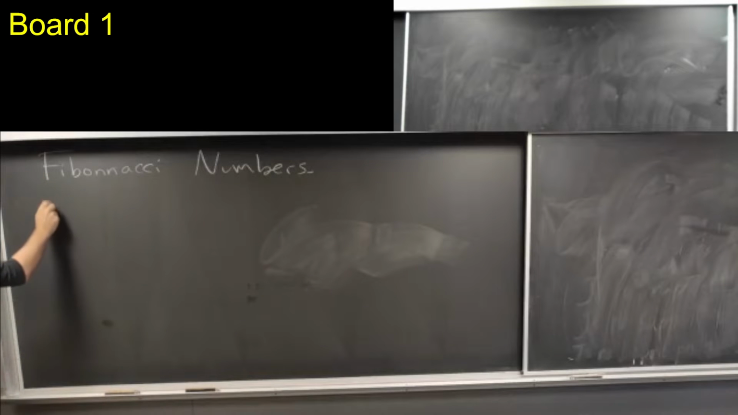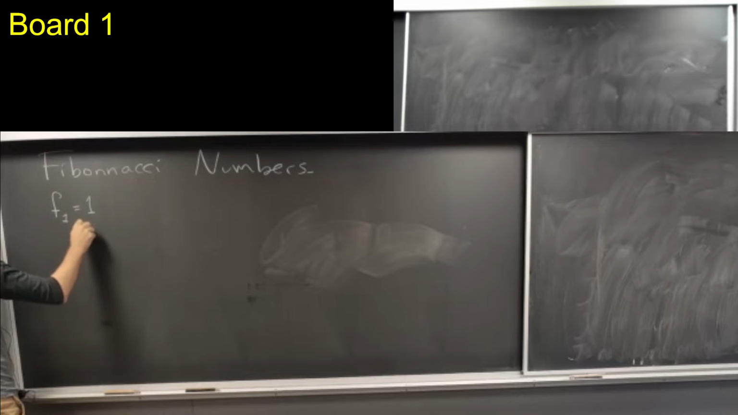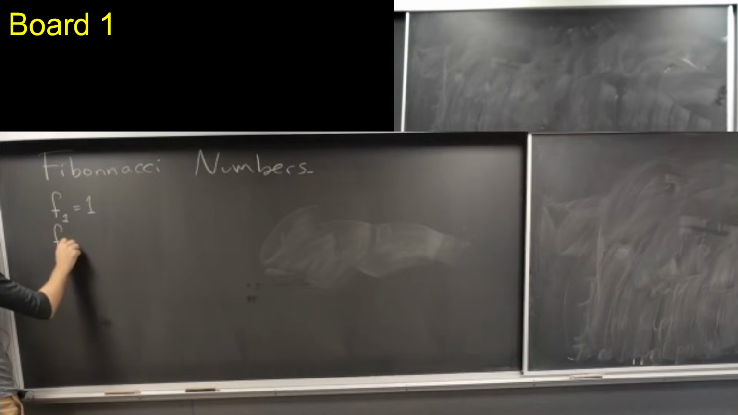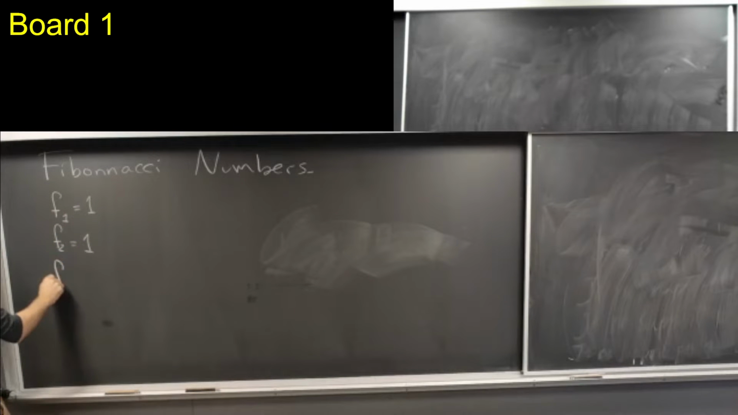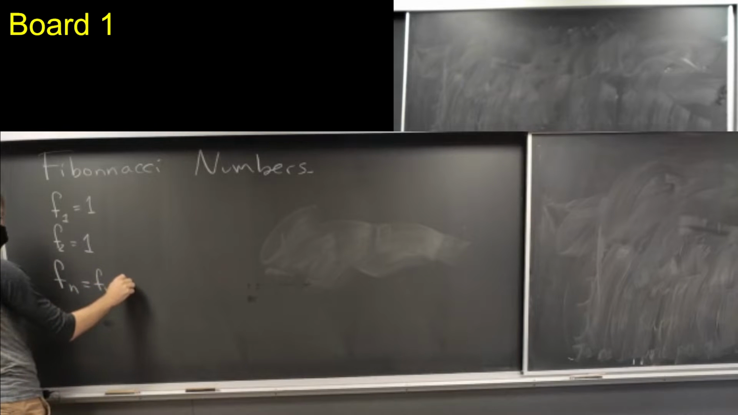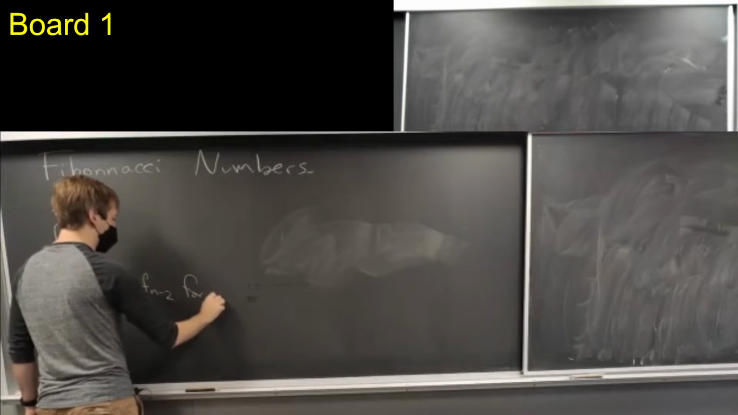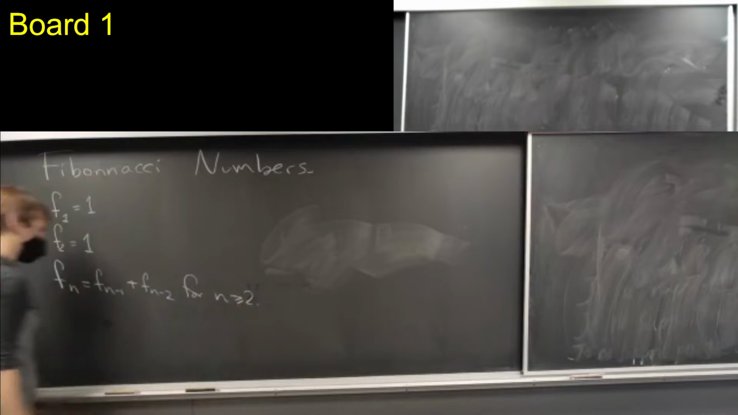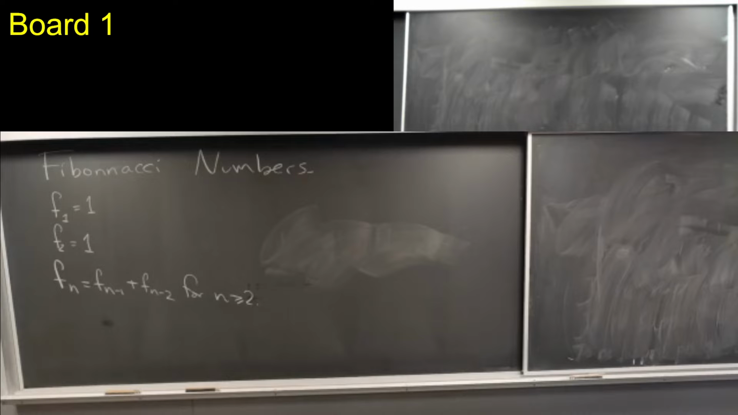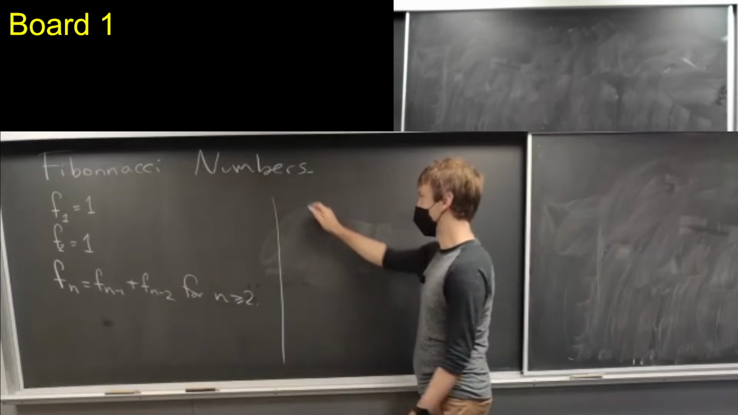So the definition of the Fibonacci numbers is, let's say f1 is 1, f2 is 1, and then fn is equal to fn minus 1 plus fn minus 2 for n at least 2. Okay. Or in other words, probably the way you think of these things is, you start with